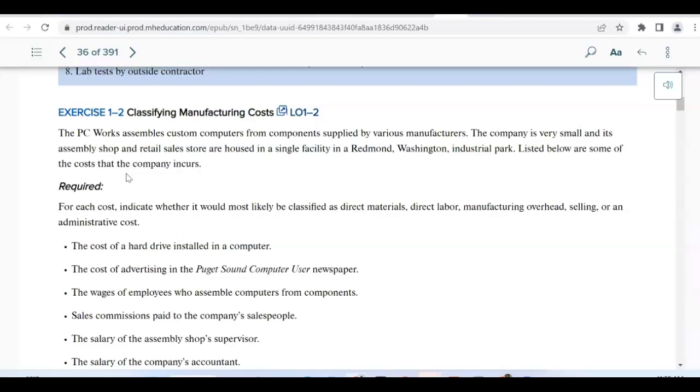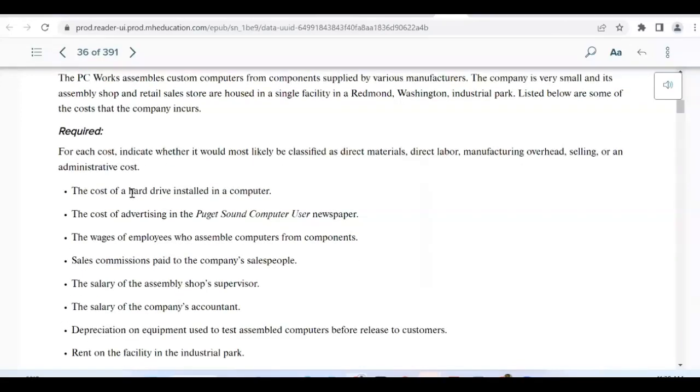For each cost, indicate whether it would most likely be classified as direct material, direct labor, manufacturing overhead, selling, or an administrative cost. Before I do this and show you the answers, I would like to show you something that